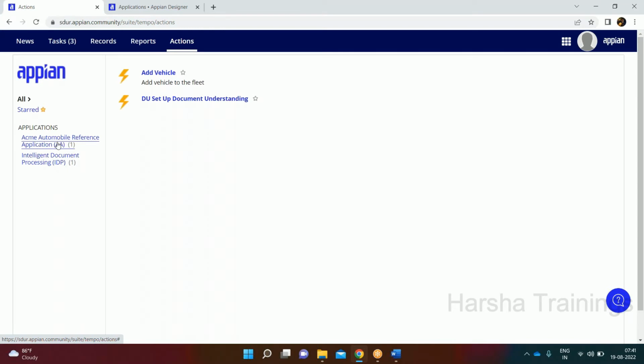list of the applications. It won't restrict you to work on the one application. As many number of applications you are part of, all those will be visible here. And then if you click on any one of them, then you will get the list of the actions available